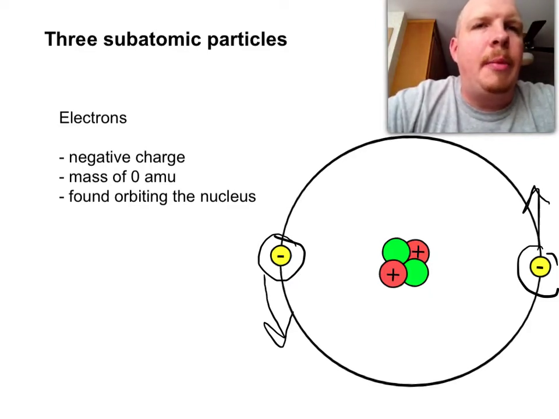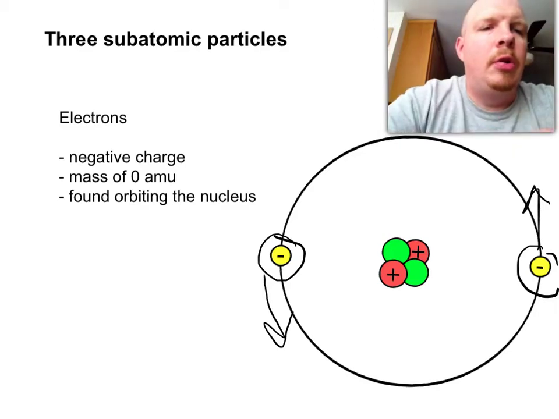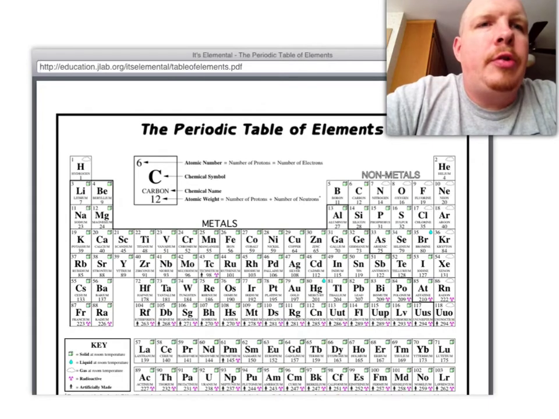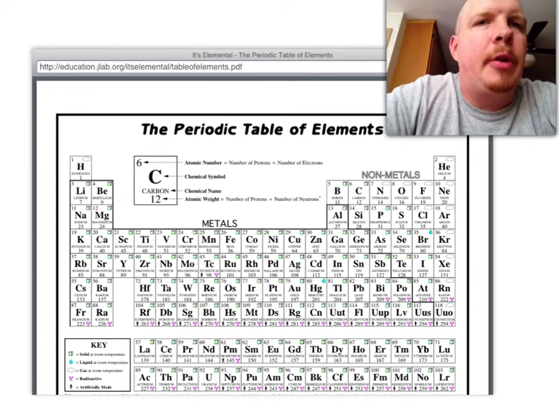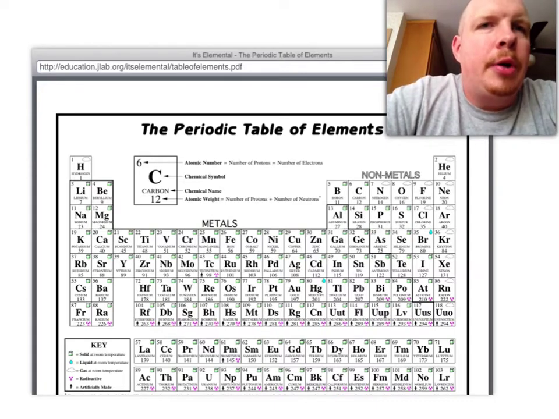So now what we're going to talk about is information you can get from the periodic table of elements and how to calculate electrons and protons and neutrons and how many are in each of those elements. So let's go there. Alright, so here's a website that has the periodic table of elements in it, and I will give you a hard copy of this in class tomorrow. But some information that I want you to get from the periodic table, it looks kind of confusing. It's kind of all the elements are arranged in rows and